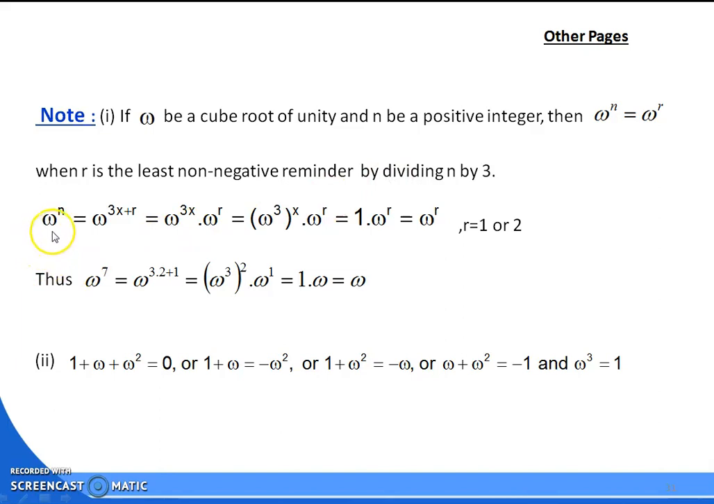So you write it like this: omega to the power n equals omega to the power 3x plus r, where x is your quotient. So omega to the power 3x into omega to the power r equals omega to the power 3, whole to the power x, into omega to the power r, that equals omega cube, which is 1, so 1 into omega to the power r equals omega to the power r. Thus omega to the power 7 equals omega to the power 3 into 2 plus 1. Okay, we'll discuss in